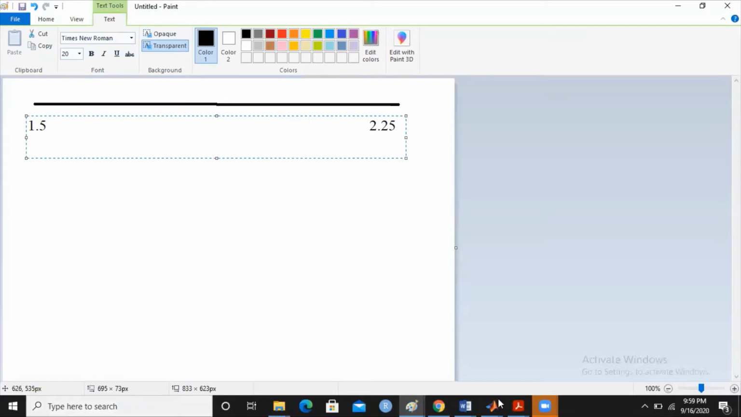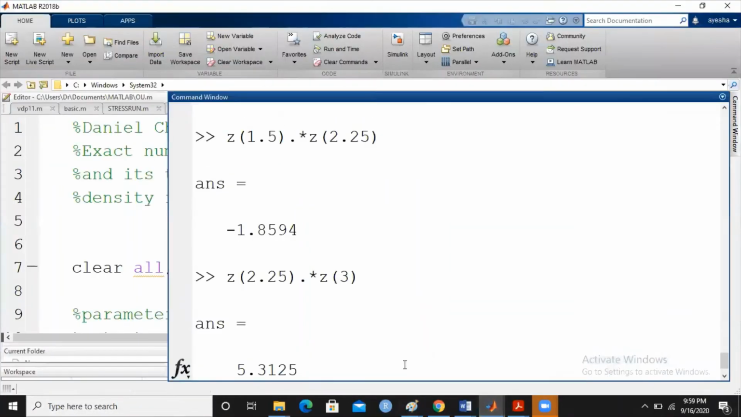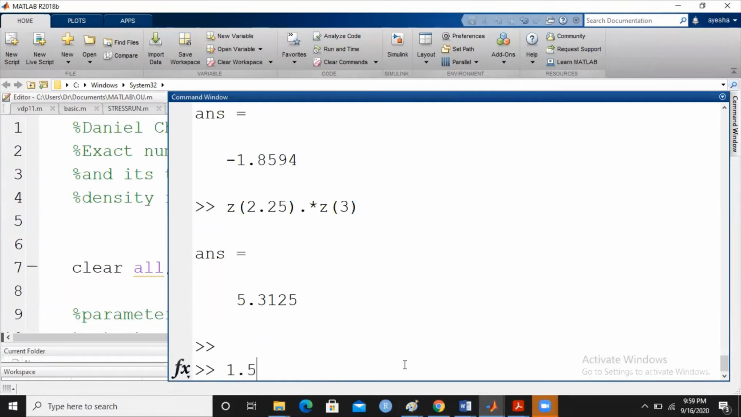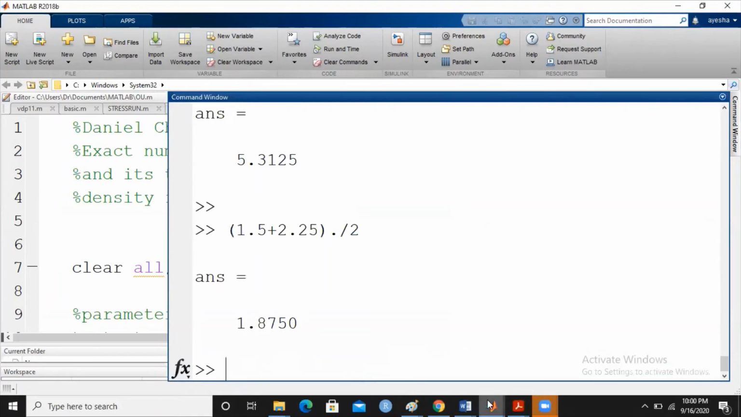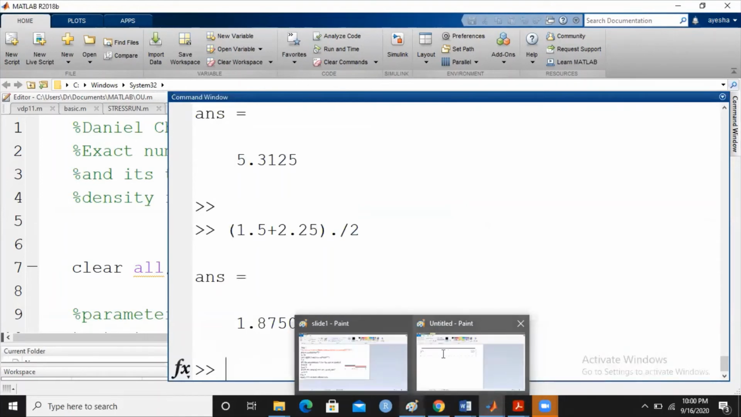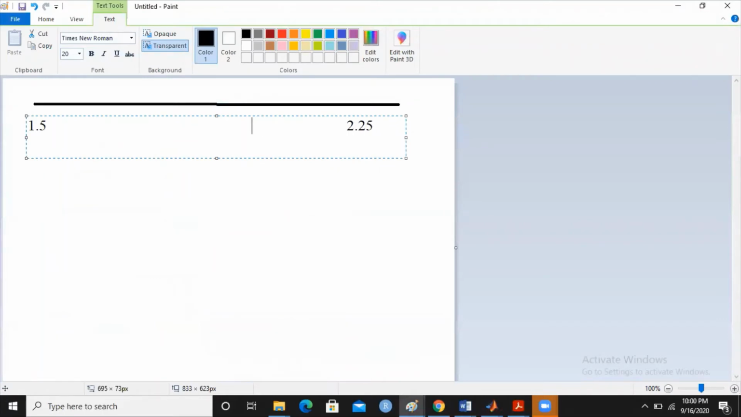So what is the midpoint? Let us go to the midpoint. 1.5 plus 2.25, divided by 2. So we have 1.875. Now let us